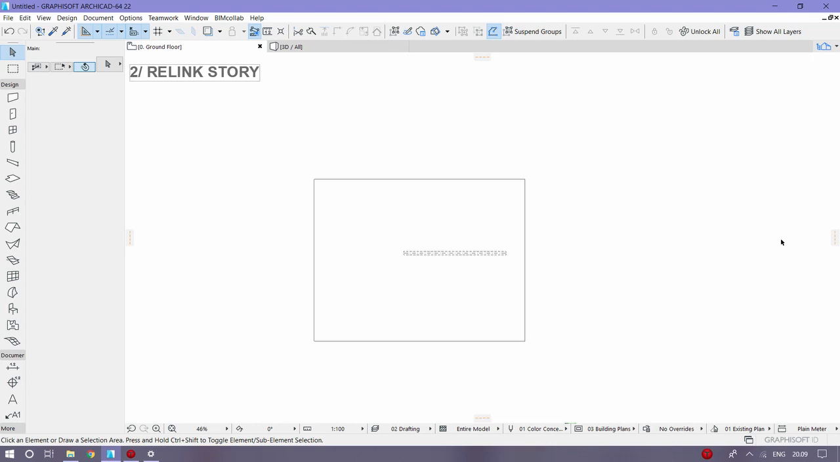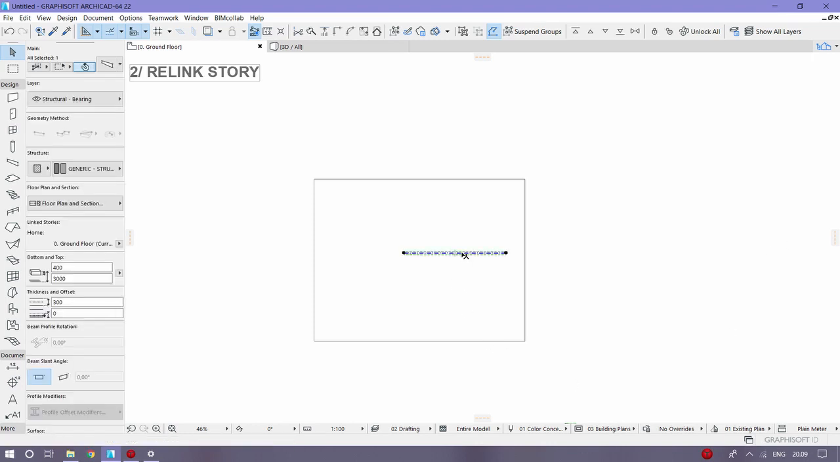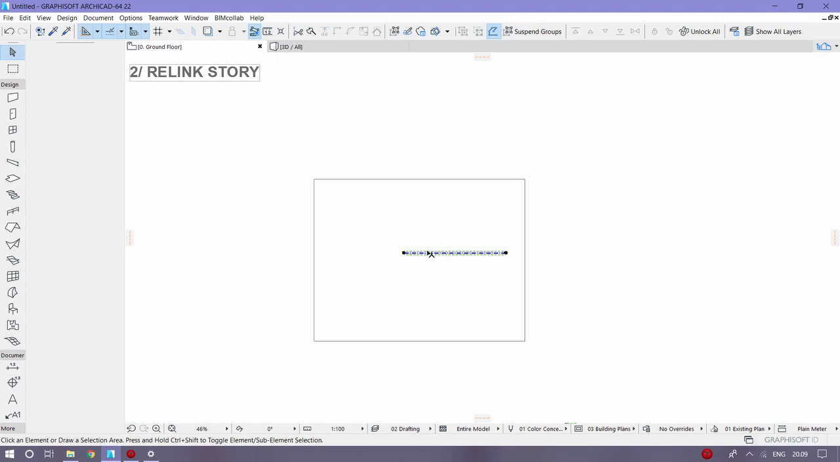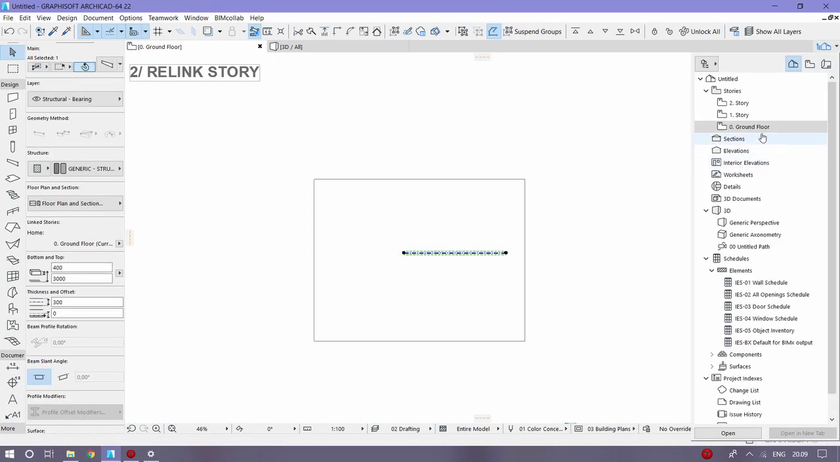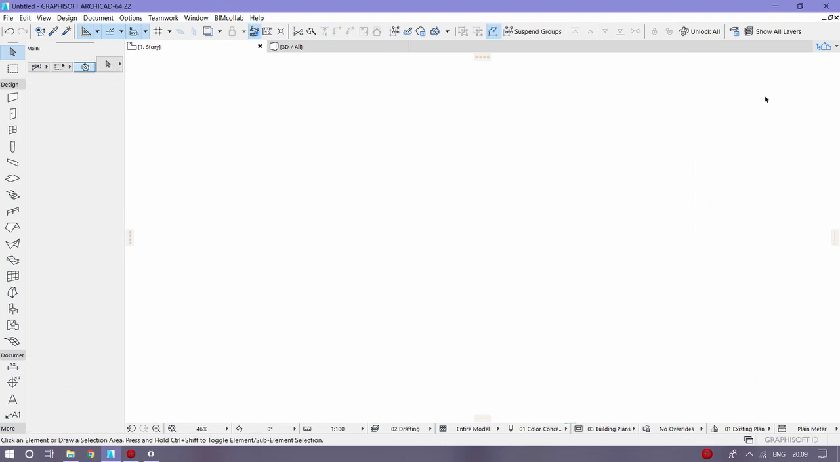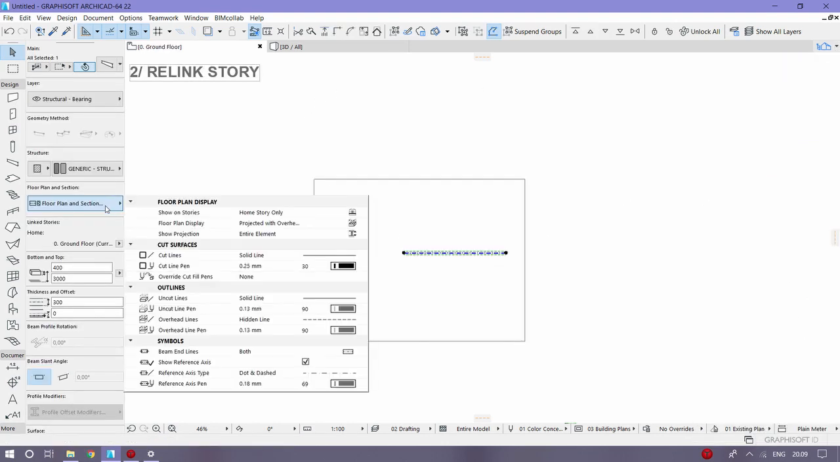Next tip is relink story. So this is used for 3D modeling mostly, but for 2D presentation as well. So here we have a slab and a beam. It's all on the ground floor. If we don't want this to show on this story, but we want to show it on the first story, but not use floor plan and section display,